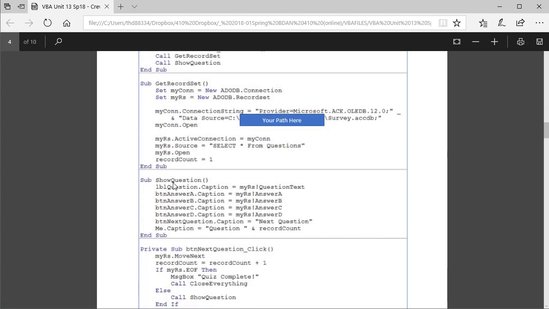Show question, anytime I call show question, it'll take the current record set data, and it will copy it from the record set into the user form controls: the label question, button A caption, button B caption, button C caption, button D caption, and the next question caption. And it'll probably be next question most of the time, but these question answers will change. And the way we do it is the name of the record set, myrs, bang, an exclamation point,